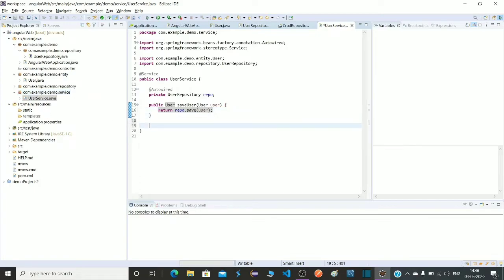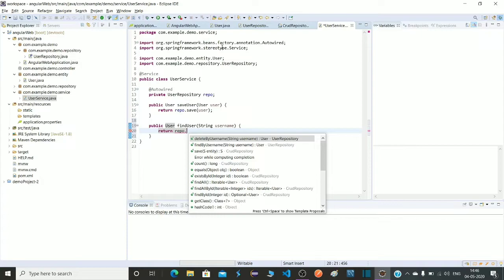Let's create a method for finding a user. Public, it will return User, findUser. Okay, it will take a username, for that String username. Return here repo dot.